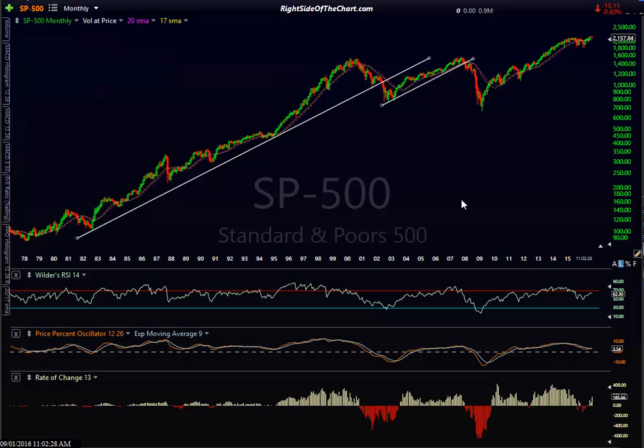The scariest charts to me are very long term, and again, I'm digressing away from the shorter term outlook, which is what I wanted to talk on here, but I jumped over to a monthly chart of the S&P 500. This goes back to the mid 70s, or 1977 back here, at which point we really started this super secular bull market. For those of you old enough, in the mid 70s there was a period of stagnant markets with really lousy returns, and this is where things really ramped up.